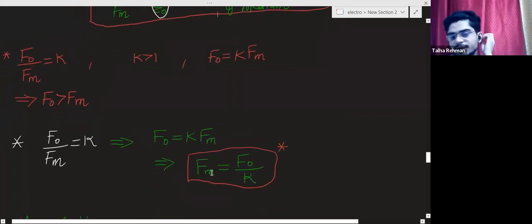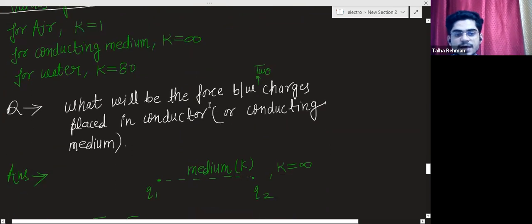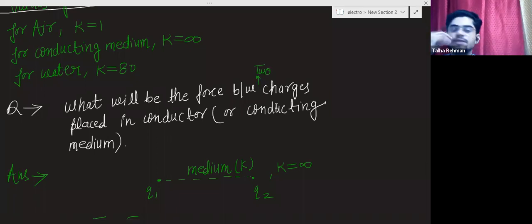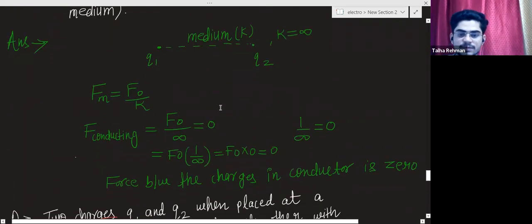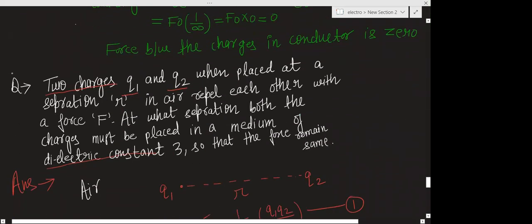After that, if I want to calculate the force in some medium, I will simply calculate the force in air and divide it by the dielectric constant K of that medium. There are some values of dielectric constant, like for air it is 1 and for water it is like this. After that, we completed a question about there being no charge in the conductors when we place the charge in the conductor. And after that, this question is a little bit